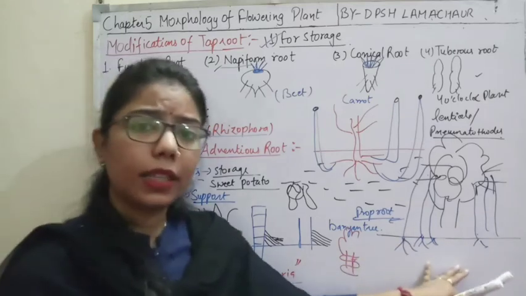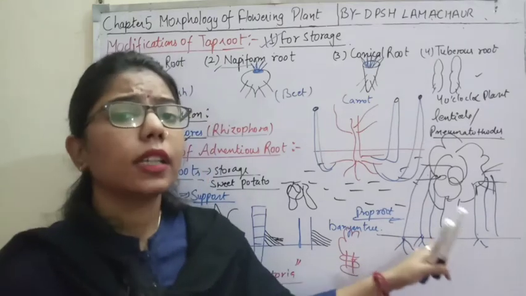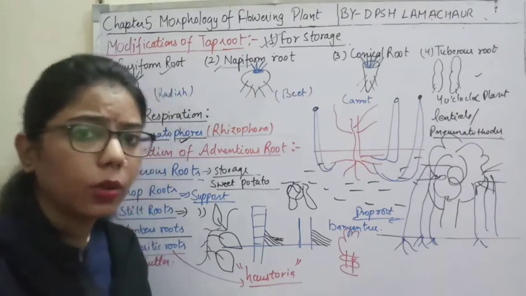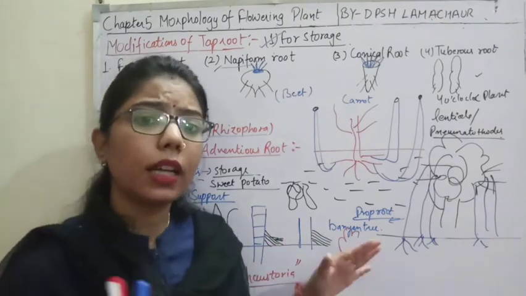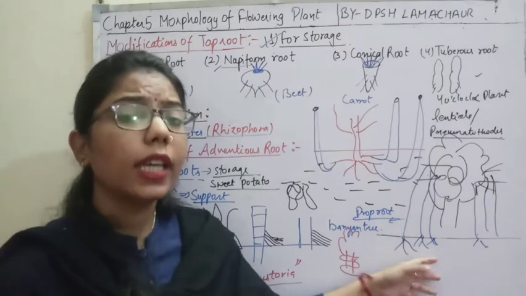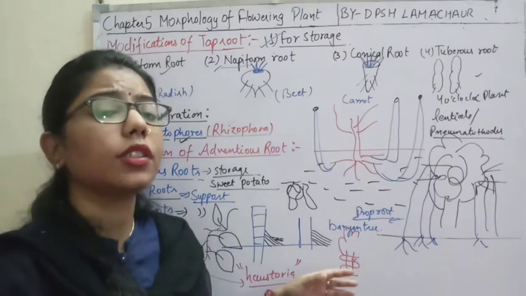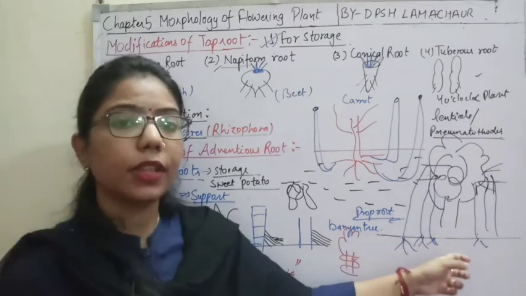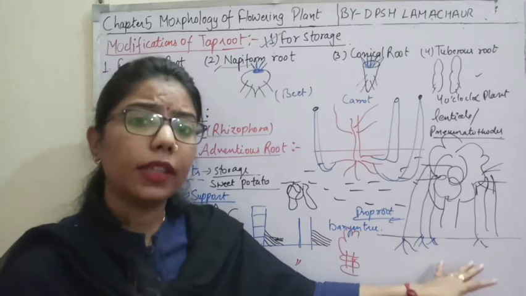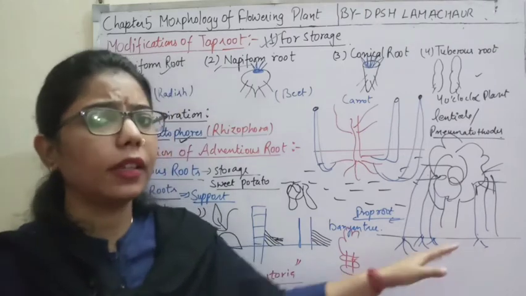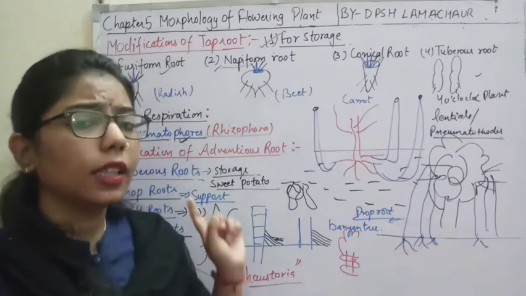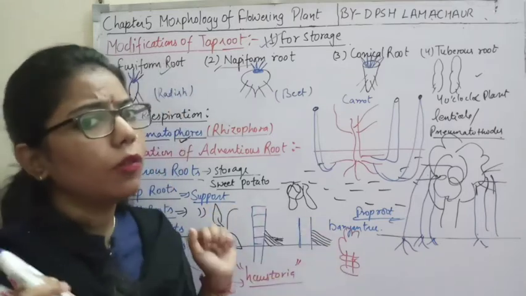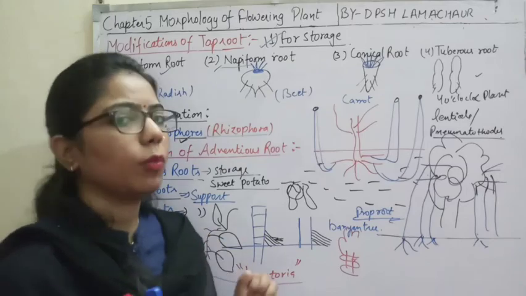Ficus benghalensis, right? As well, a question may be that there is a National Botanical Garden in Kolkata, where you can see the largest banyan tree. It is so large that it is spread over 4 to 5 kilometers. That's why we call it the Great Indian Banyan Tree. The Great Indian Banyan Tree is situated where? In the Kolkata National Botanical Garden, and it is spread over an area of 4 to 5 kilometers.